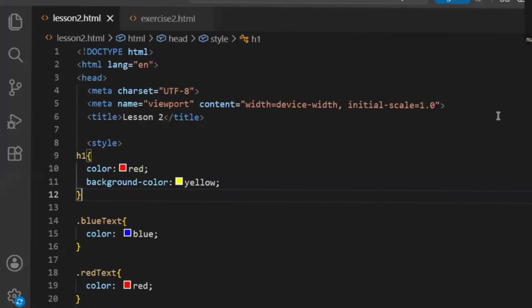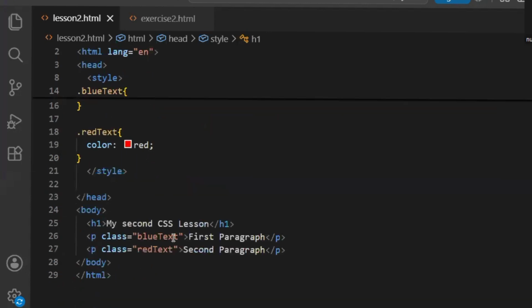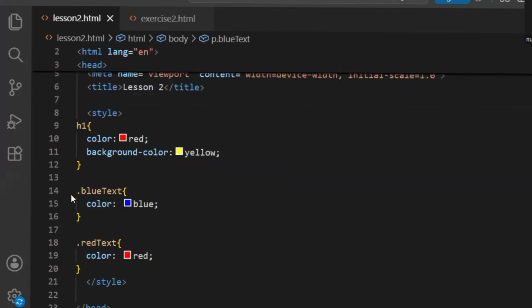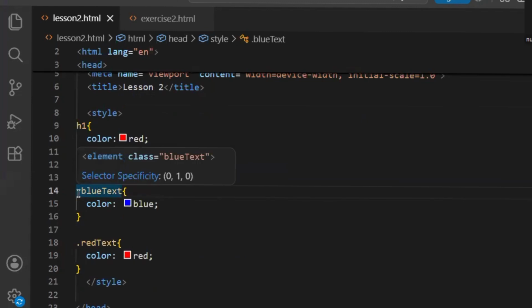In the previous lesson, we learned class selectors to apply different styles to different elements. So y'all can remember we gave a class name here, and then we took that class name by adding a dot in the style. Inside the style opening and closing tag, we typed a dot, and then we typed the exact same class name,